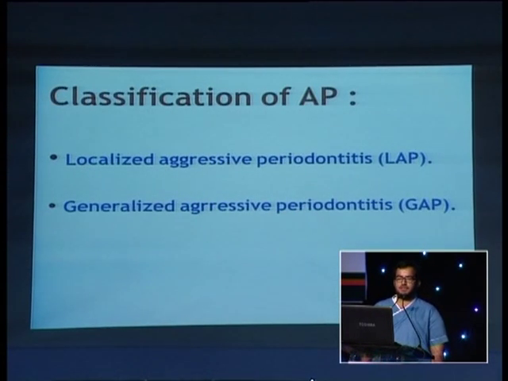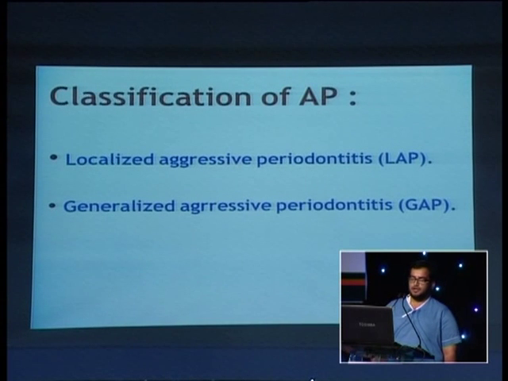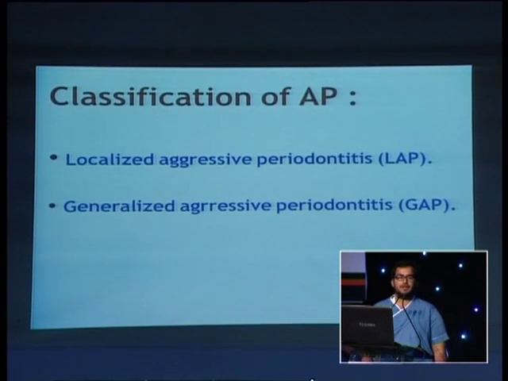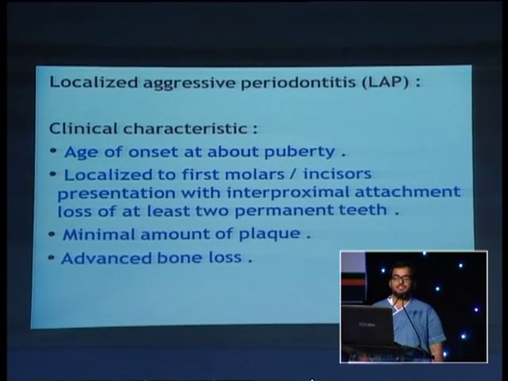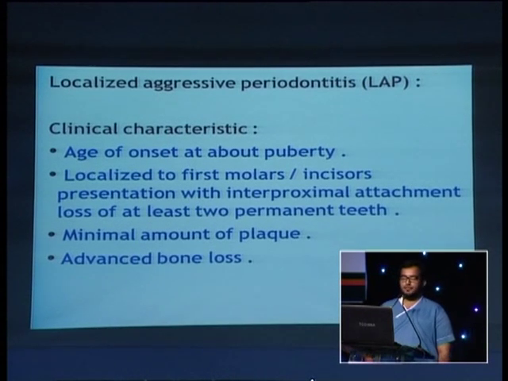Aggressive periodontitis can be classified into two main groups. The first one, localized aggressive periodontitis. The second one, generalized aggressive periodontitis. The clinical characteristics of localized aggressive periodontitis: age of onset at about puberty, localized to first molars and incisors, presentation with interproximal attachment loss of at least 2 permanent teeth, minimal amount of